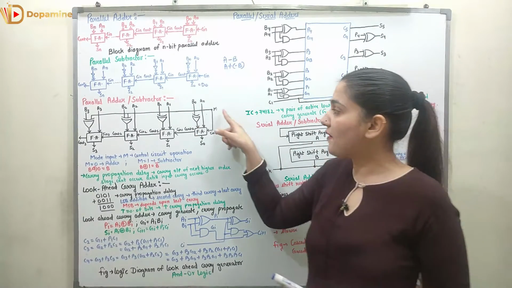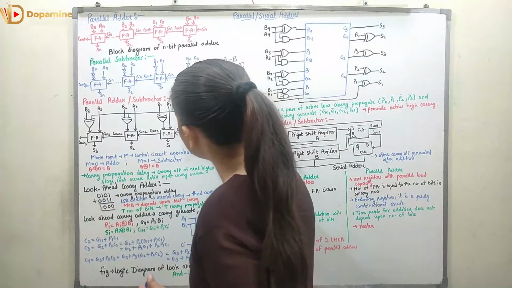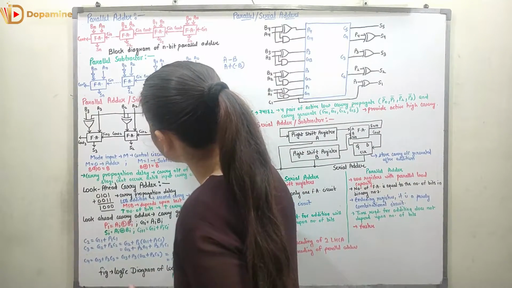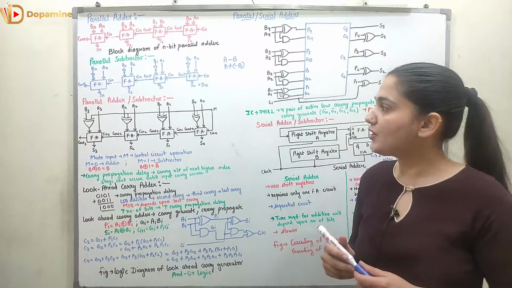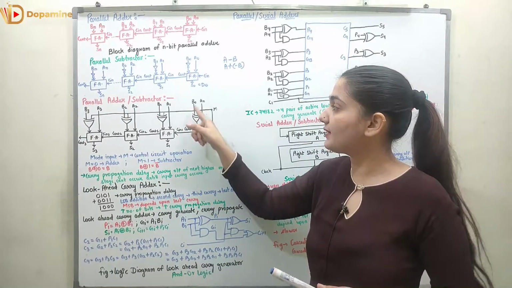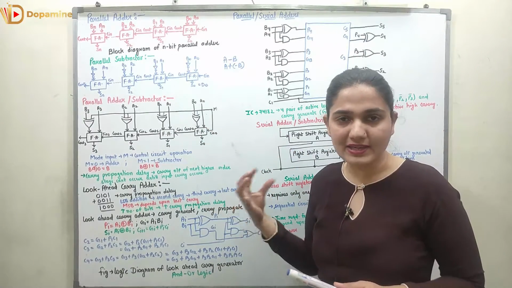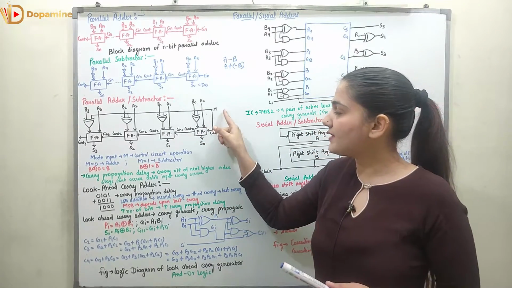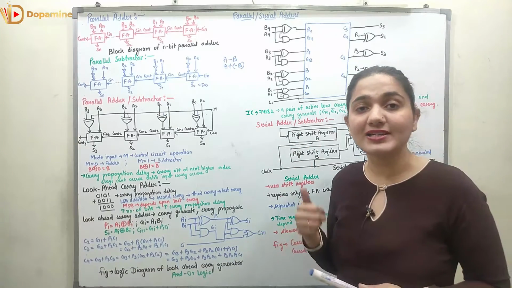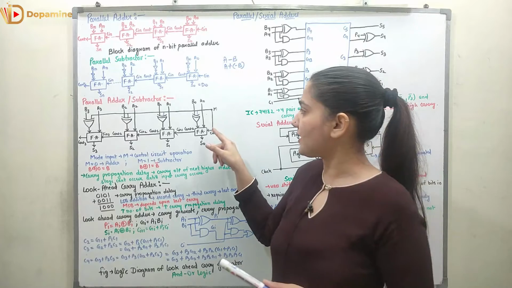So when I XOR B with 0, I will get B input over here and we will get the addition operation. Now if I put M is equal to 1, here we will be having the first input as B0 and the second input as 1, right? So B0 XOR 1 will be equal to B0 bar. So here I am getting the invert of B0. So thus I can say this circuit will act like a subtractor. So M is the mode which is actually controlling that this circuit will act like an adder or subtractor, right?